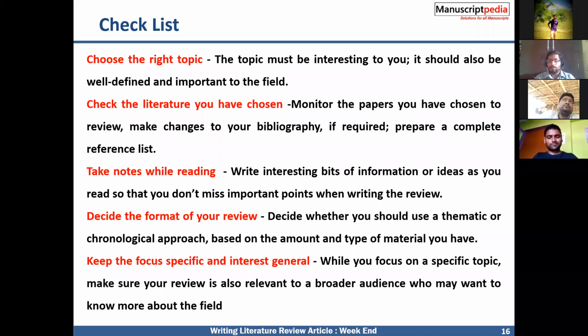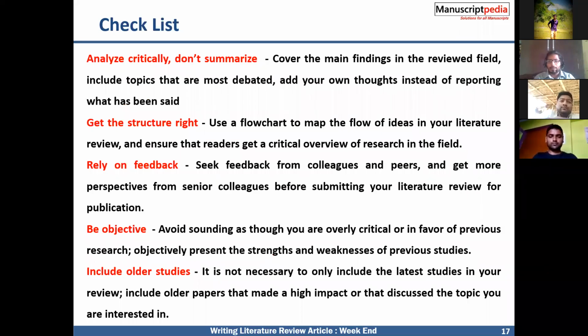If you are going to submit to a certain journal, you have to write the literature review as per the journal template, and you have to focus on a specific topic. And the specific research years are also very important. Finally, you have to summarize properly, and the structure and flow of the research work have to be very important. After completing your literature review paper, you have to give it to some of your friends or colleagues to check.